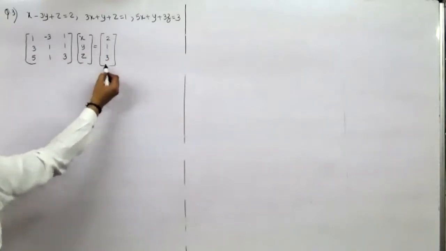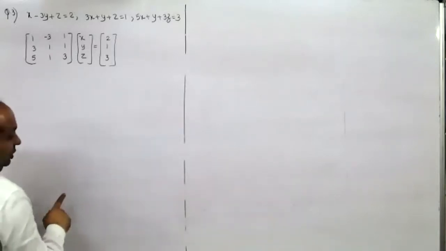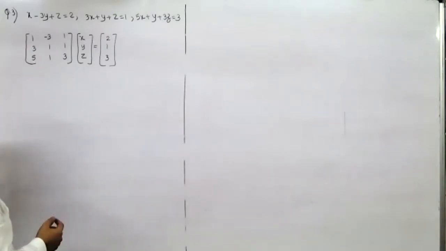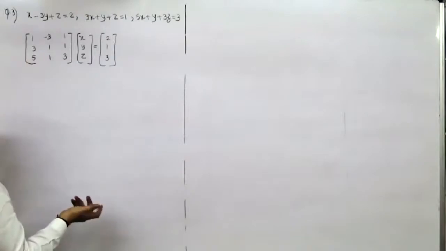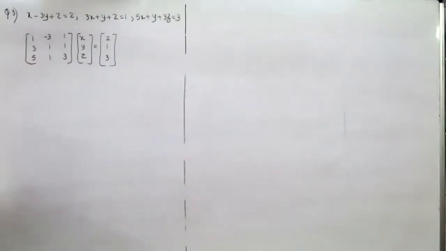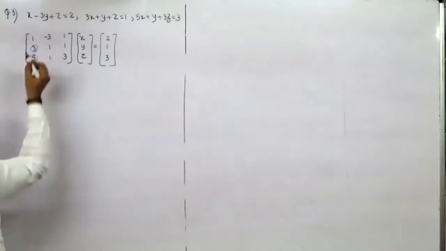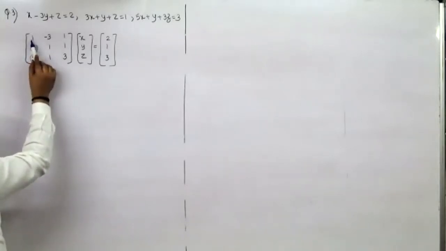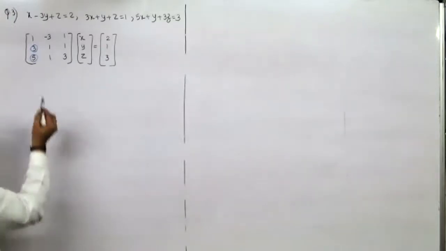Now, what is method of reduction? We'll have to get 2 zeros in one row and 1 zero in the other row. Now, it is not mandatory to get 1 over here, but if you get 1, it becomes easier to solve. So, 2 zeros in one row, 1 zero in another row. Now, I'll make these two 0 using this one. That is why I said, if you make this 1, better. If you don't make it, there is no hard and fast rule that you have to make it 1.